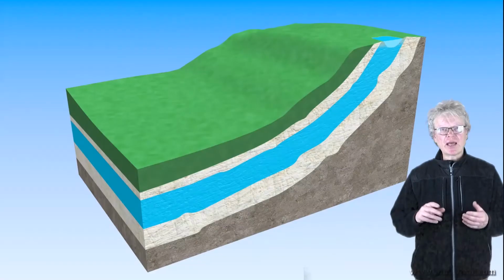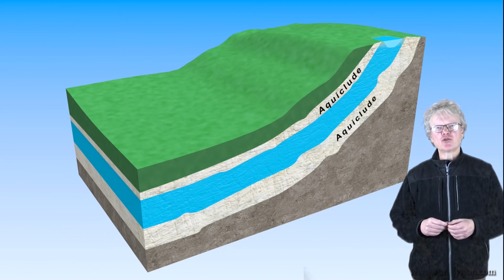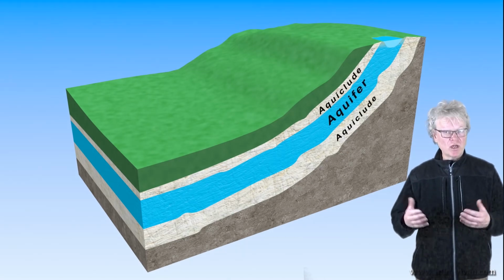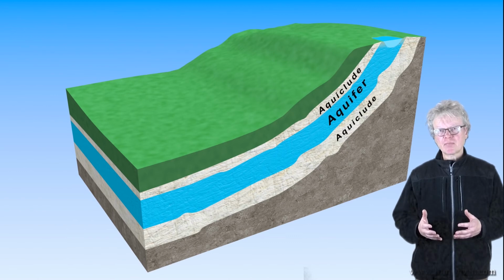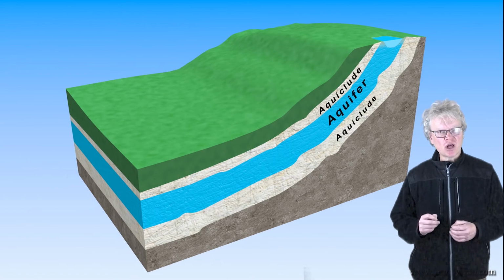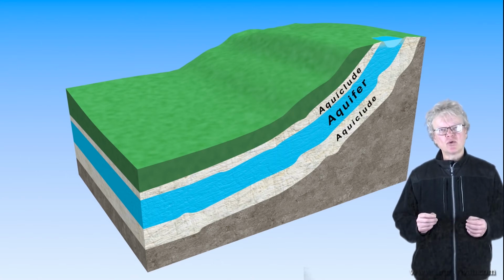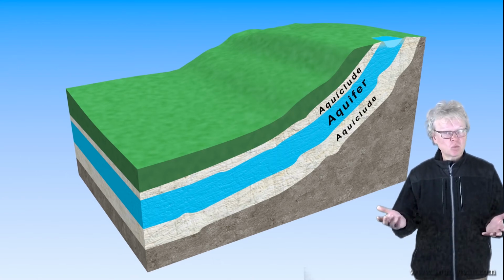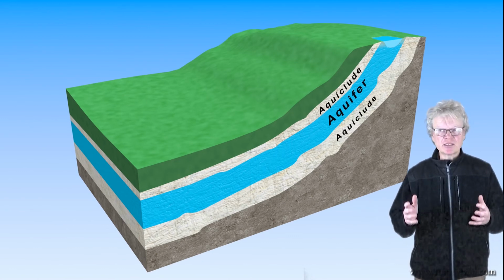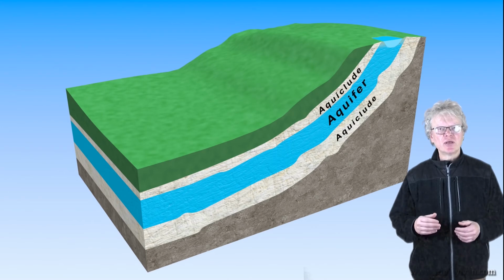The word we give to whether or not a sedimentary layer or a bedrock layer can transmit water is, if it does transmit water quite well, we call that an aquifer. And if it doesn't transmit water or transmits water only very, very slowly, we call that an aquiclude. This diagram here shows a common relationship. Yeah, it's a stylized diagram, but nonetheless,